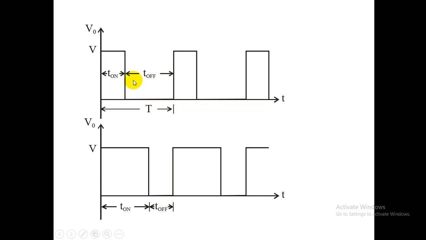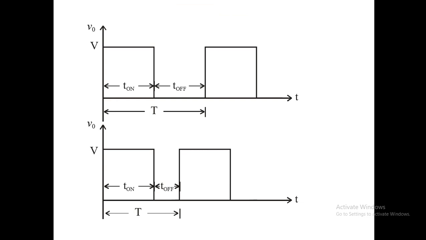Very simply, here T on is very small, the pulse width of T on is less compared to T off, but in this case the T on pulse width is more compared to T off. But look at the time period of the signal, it is constant. Means we are keeping the frequency constant and varying the width of the turn on pulse and turn off pulse. This gives one controlling method for the switch of the DC chopper.